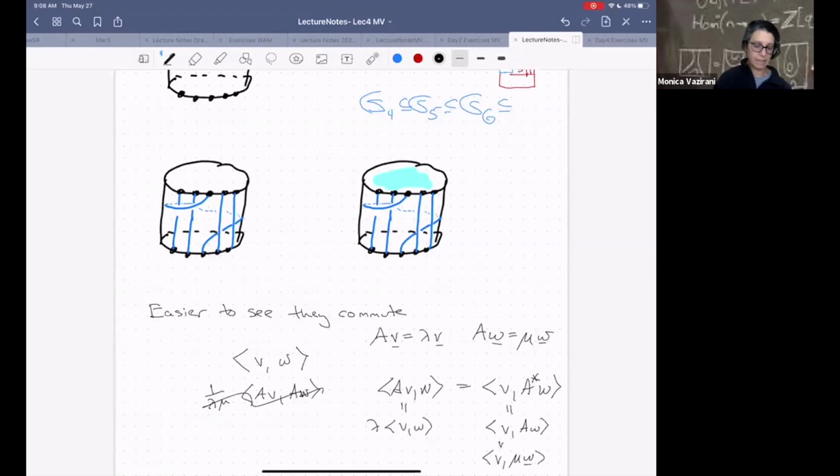And you're like, wait a minute, either lambda has to be equal to mu, but it's not, or you have to have V paired with W being 0. So it's just the analog of this fact. Of course, now my pairing, maybe I really need to put a complex conjugate there if I'm being Hermitian, because it's in the second factor. But this is the basic fact that when you have a self-adjoint operator, its eigenvectors for distinct eigenvalues